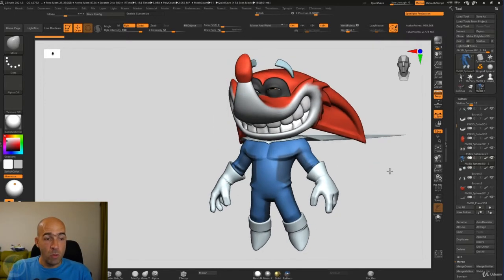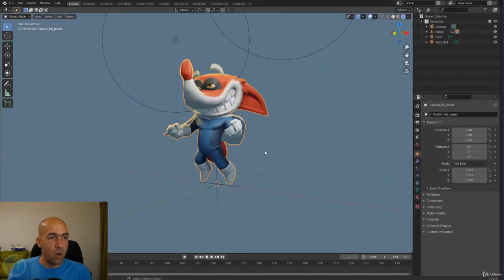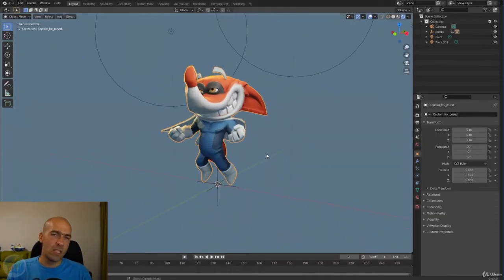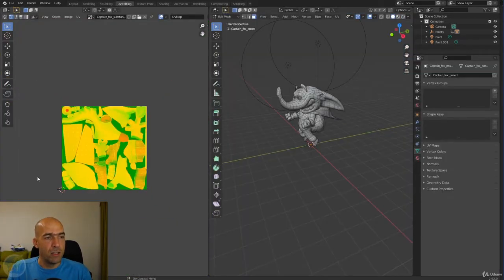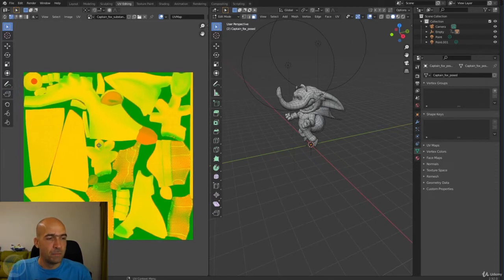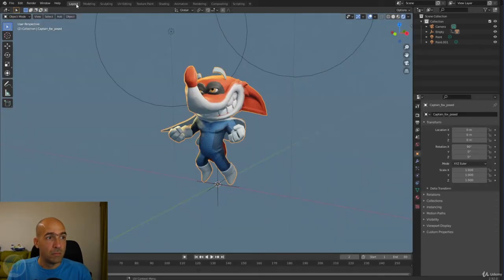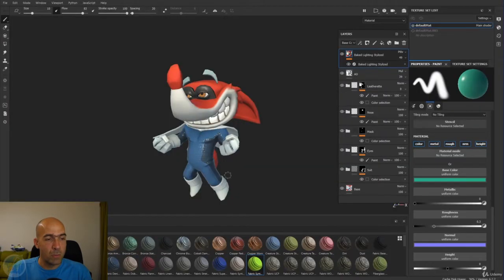And then we will go to Blender with this character. So we will do some stuff here in Blender just to fix the model, because retopologizing in ZBrush sometimes leaves a little bit of strange polygons here and there. We'll go to UV editing, edit the UVs, make them nicer, and then we will export our character from here with the UVs, with nice UVs, and then we go to Substance Painter,